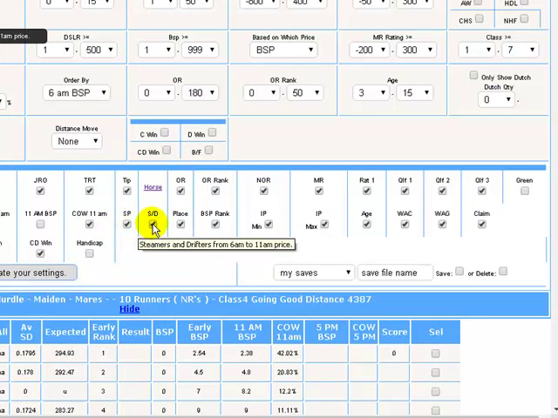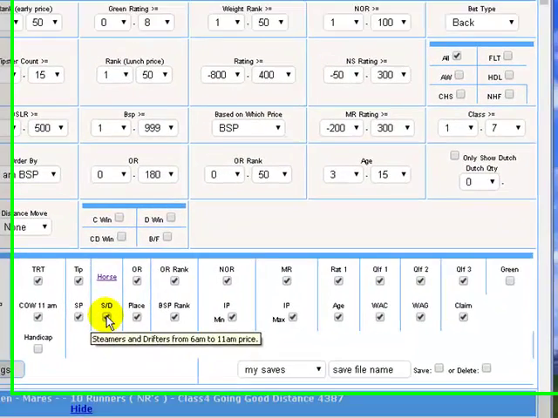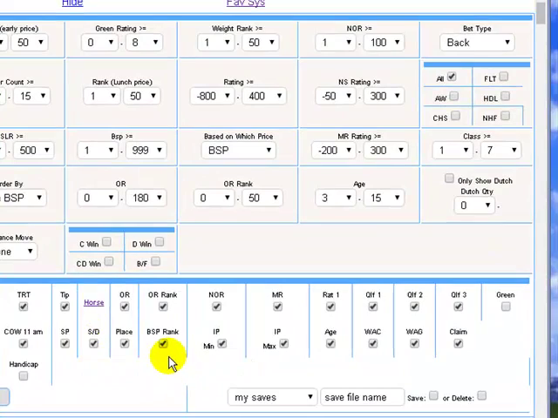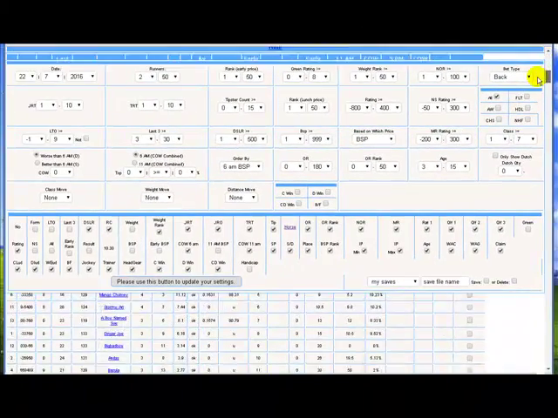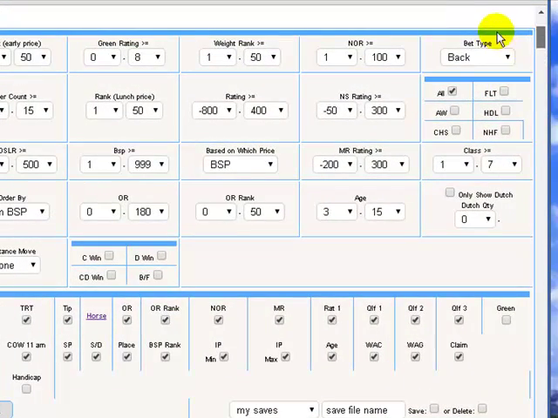DSP, if you want to know what that is. Steamers and drifters, this is based on the 6 a.m. to 11 a.m. price. It shows whether the horse has steamed or drifted at that time. Again, I think I only do that for handicap races, but in fact it's not in there, but place prices, BSP rank, in-play minimum, in-play maximum, and then we go to age, one at class, one at going or similar,